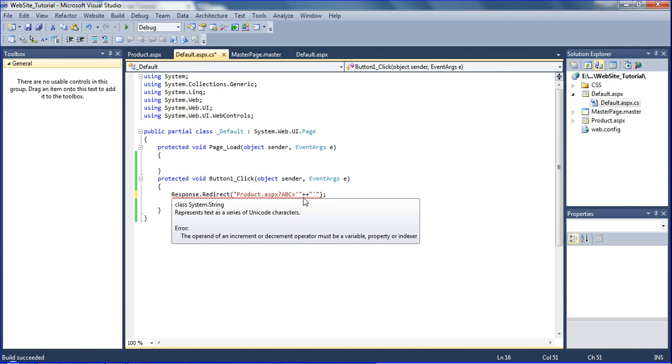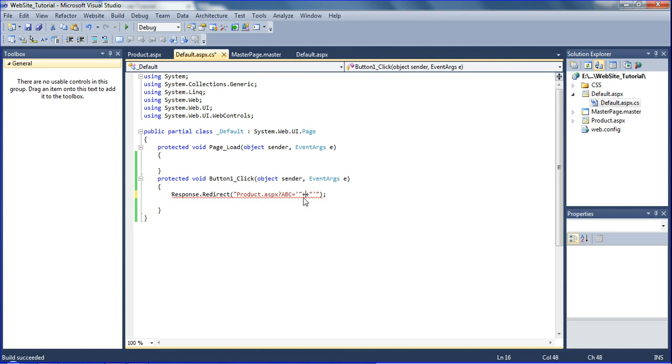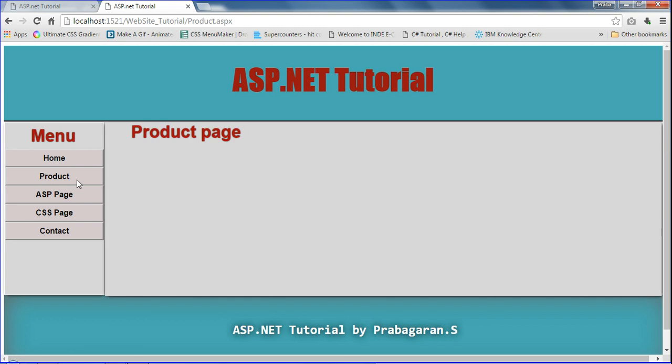Okay, so now in this place, what do I declare? See, whatever I enter in this text box, that one I want to pass to the product page, from the default page to the product page. So from the home page I want to pass this text box string to the product page.